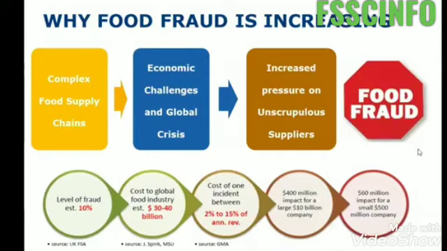And if I share with you the level of fraud, there is again a study from UK Food Safety Authority that the level of fraud in the industry is estimated around 10% of every organization's turnover, which leads to 30 to 40 billion per year. This is a figure of 2015, as I said.